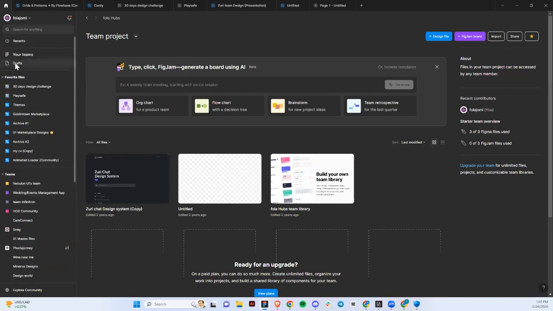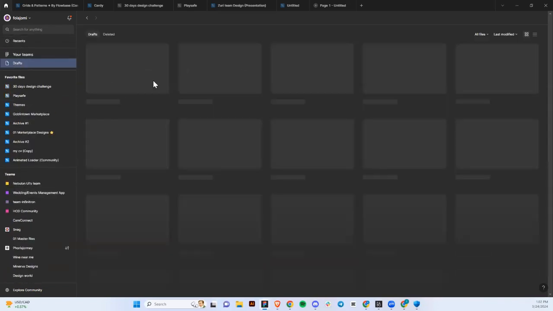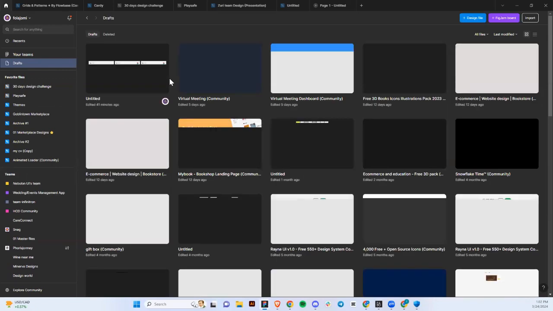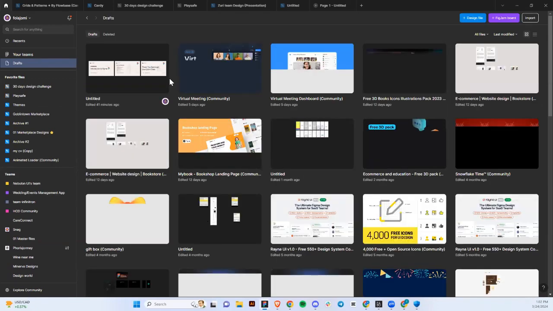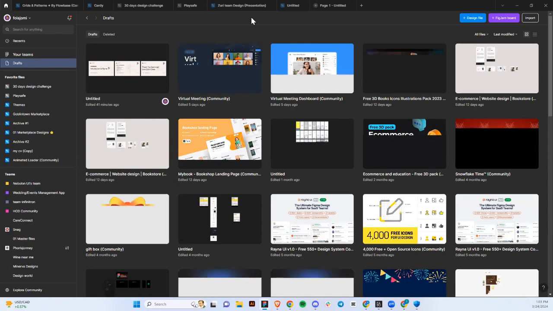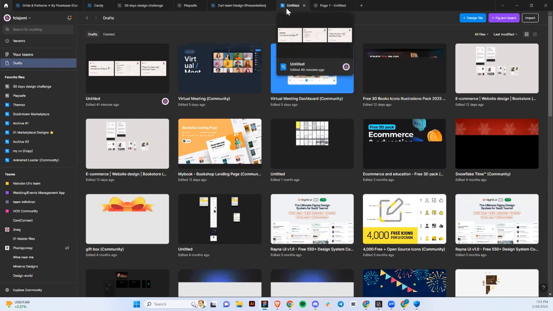You can leave everything in your drafts. So anything you create under drafts is fine. It's just that in drafts, you cannot have more than 3 pages. Now let's dive into